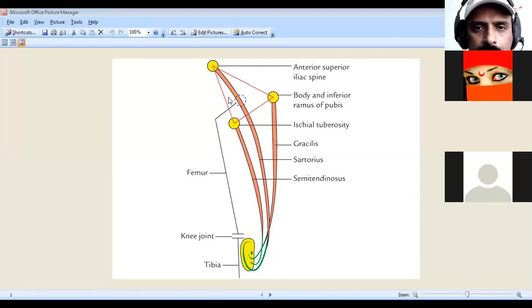The muscles included are, number one, the sartorius muscle, whose origin and insertion I have told. Then we have gracilis and semitendinosus. Means sartorius, gracilis and semitendinosus, not semimembranosus, because these three are inserted at the point anchored on the medial surface of the upper part of the shaft of the tibia. So that is why we call it that. So why is it called guy ropes?